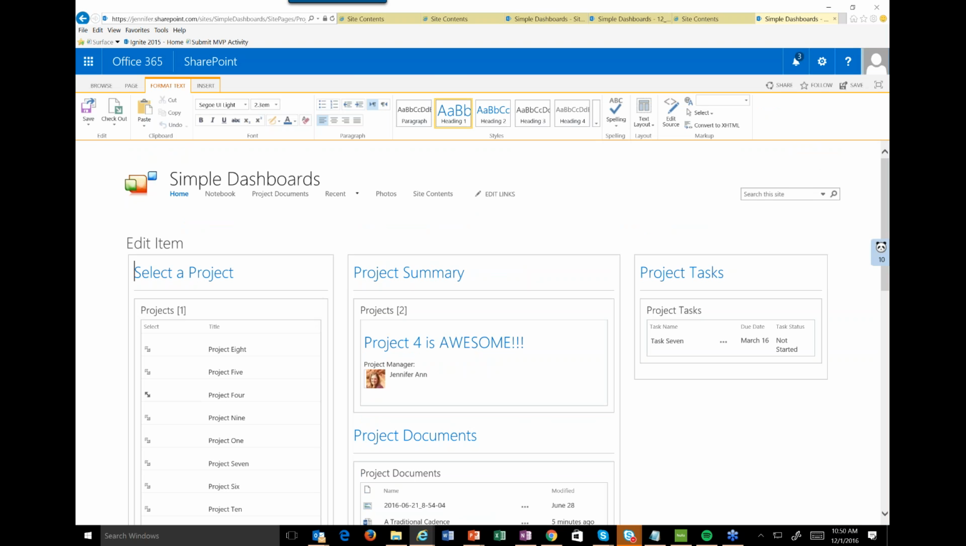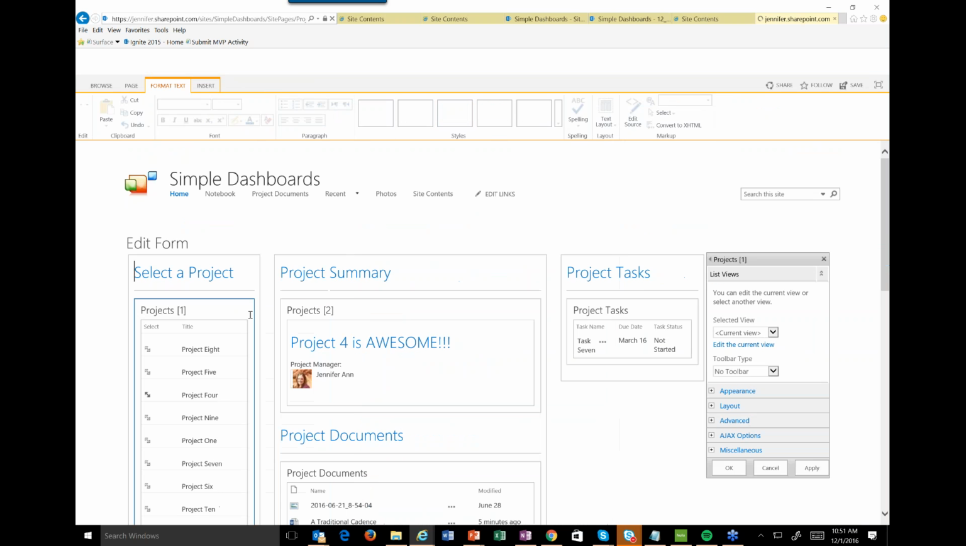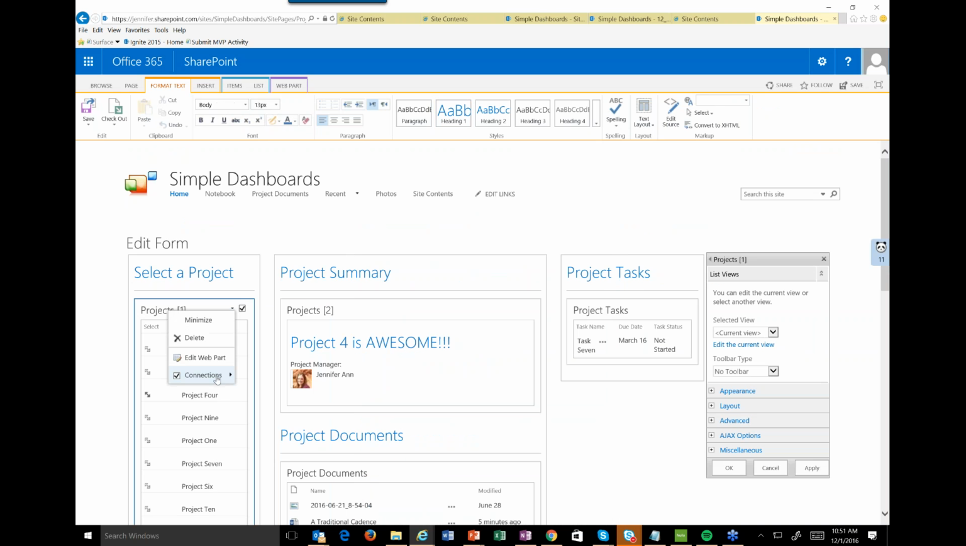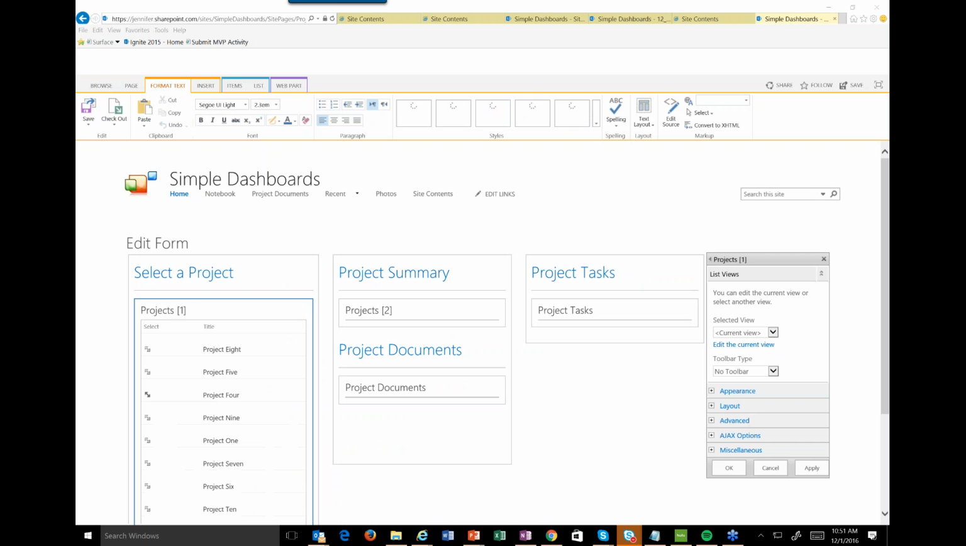All right, and I see that I've got my list. And so the trick to doing this is to still put down our web parts, get all of the data the way that we want it, and then when we're in Edit Web Part, we're able to go in and do a connection that basically says send rows of data from this web part to all of these other web parts. And when you click on it, it's going to give me a pop-up here in just a second,